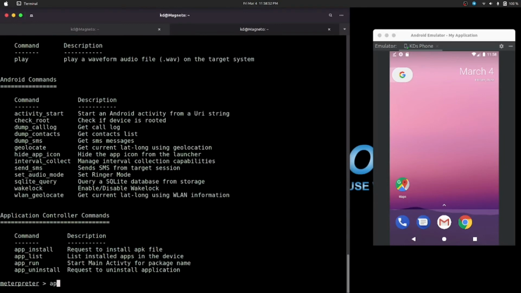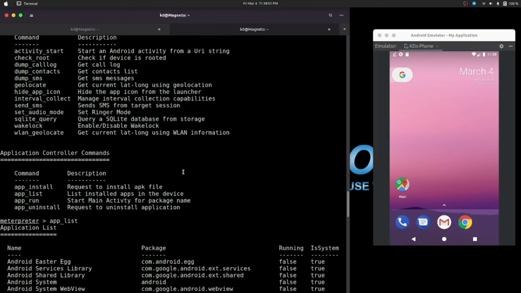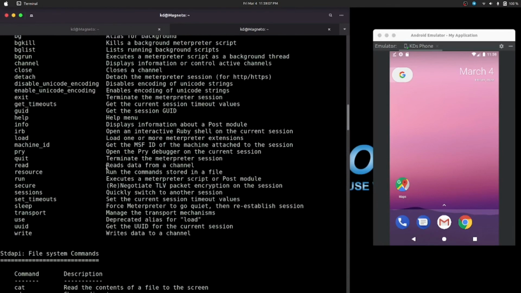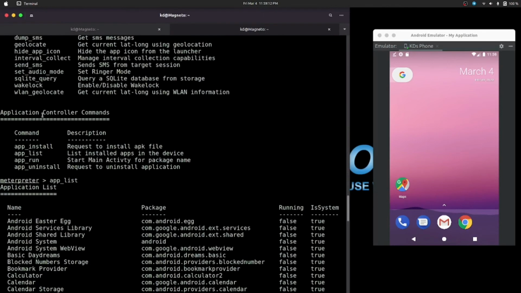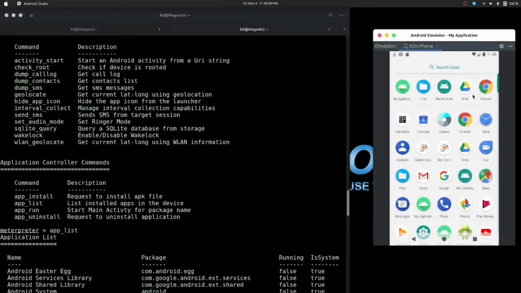And for that, like app list, you can get to know all the apps installed here. We can extract contacts of our victims and messages. Like as you can see here, you can dump contacts, dump SMSs, dump call logs, check if the device is rooted. You can start an activity from a URI string, and you can hide the app icon, like this one. We have our app and